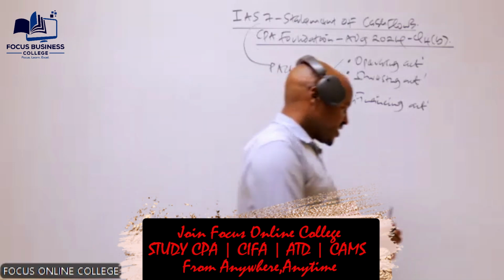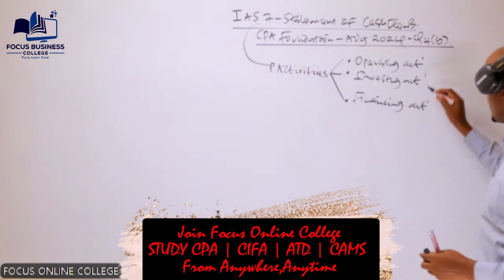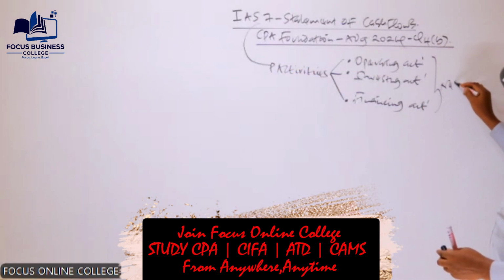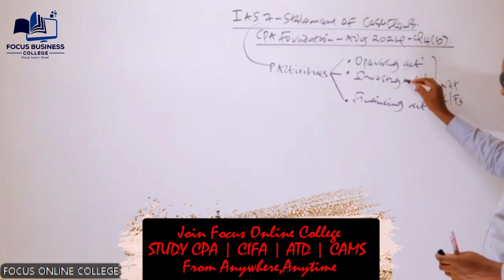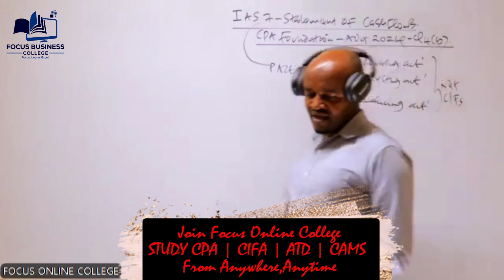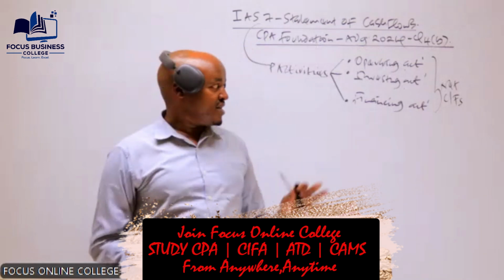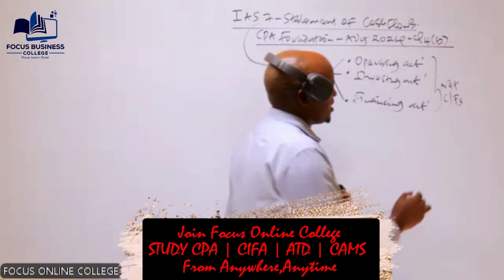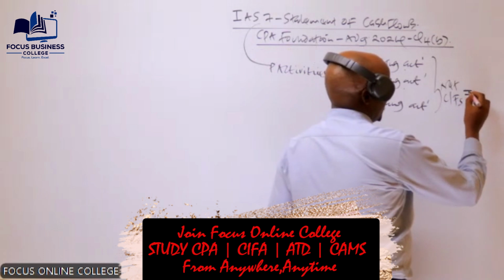And then after classifying the activities into those three categories, in preparation of the statement of cash flows, we have to determine the net cash flows from each of these three activities, in that order. We determine the net cash flows of a company in that order. How do we determine this particular net cash flow? So to determine this, we take the cash